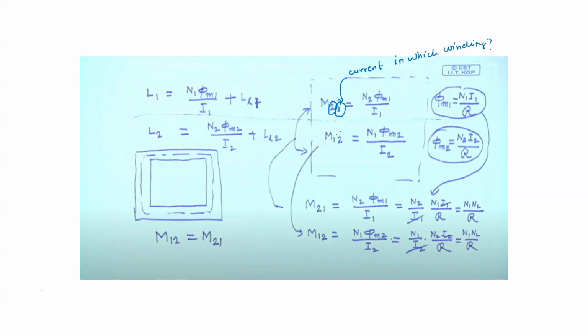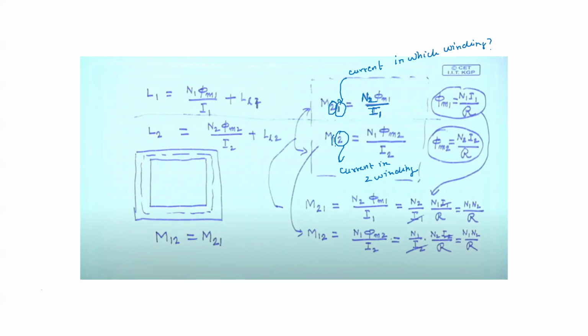So similarly here also 2 means current in secondary winding. Okay. So you will see that M21 means mutual in the second winding due to the current in the first winding. Because this is on the secondary winding, we have placed the number of turns as N2, and because the current is due to the primary current, we have placed the current as I1. Okay, similarly here you will see in M12,